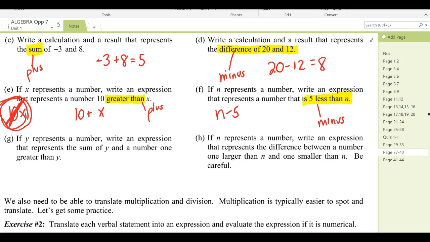If y represents a number, write an expression that represents the sum of y and a number 1 greater than y. Oh boy. So y plus y. Sum means what? What am I adding? Y plus. How do I do a number greater than y? So what? I don't know. Y plus what? Oh. A number